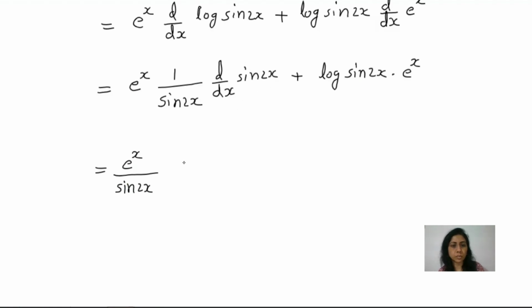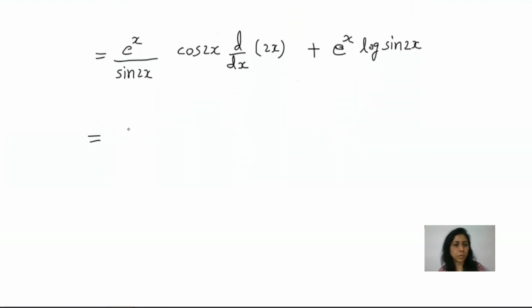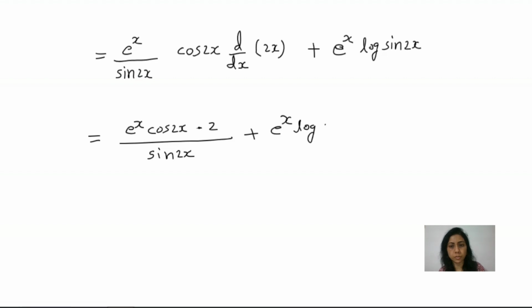So here for sine 2x, we get cos 2x, and we are using the chain rule here, so d upon dx, and now we differentiate this 2x, plus here we can write e to the power x first, then log sine 2x, e to the power x cos 2x, and when we differentiate 2x we get 2, so multiply by 2 and divide by sine 2x, plus e to the power x log sine 2x,